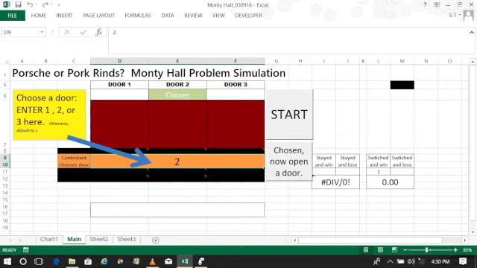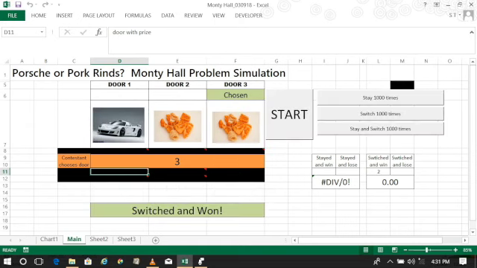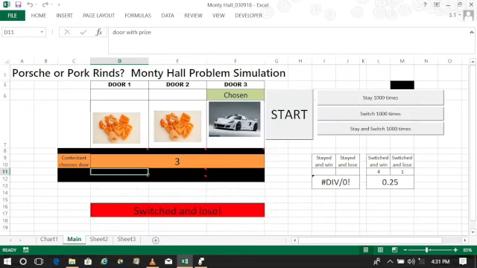This time I'm going to start with door number 3. And the host opened up door number 2. Are we going to switch to door number 1, or stay with door number 3? I'm going to say we switch again. So switching again is beneficial to us, and we can keep doing this. It seems like so far every single time I switch, I win. I spoke too soon. So there you can see switching did not work.